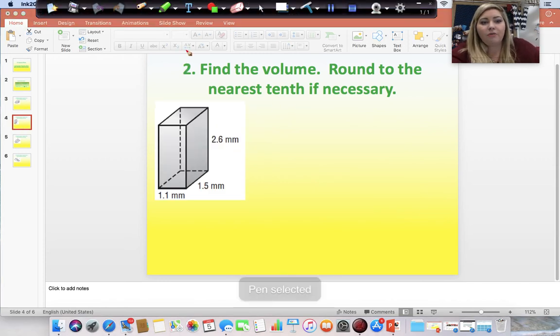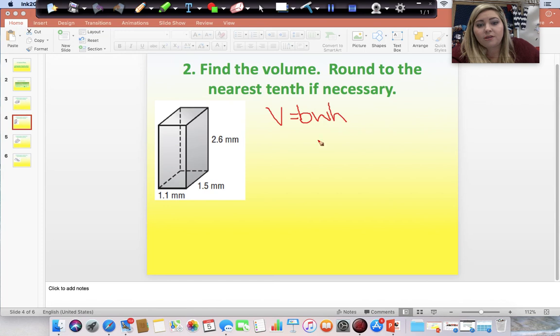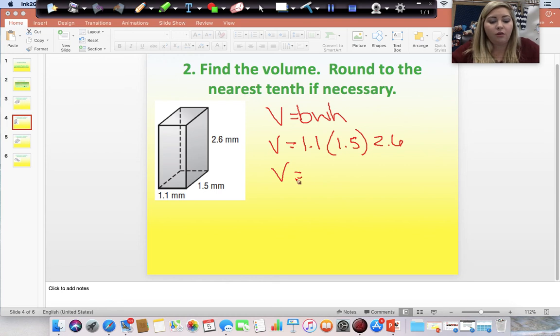Okay, so here again we are finding the volume of this rectangular prism. Rectangular prism is just a fancy word for a box. So remember that when we're dealing with those. Volume is equal to base times width times height. So our substitution step will be 1.1 times 1.5 times 2.6. So then you just punch those numbers into your calculator: 1.1 times 1.5 times 2.6, and you get 4 and 29/100